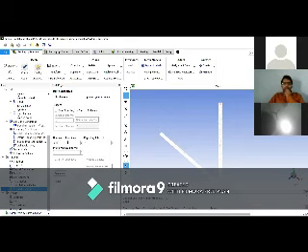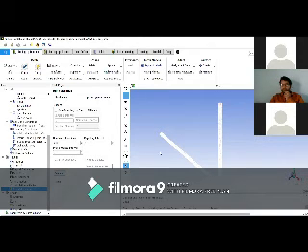If you want accurate results, take the number of iterations very high. Then calculate.